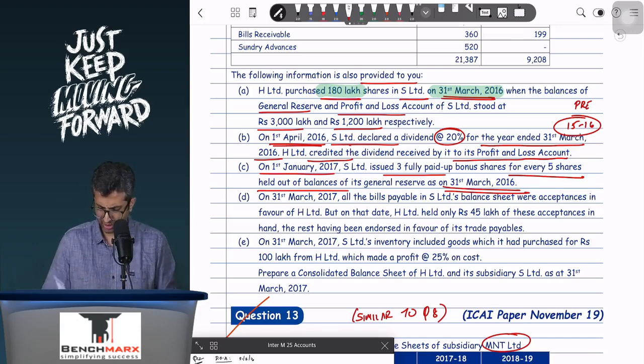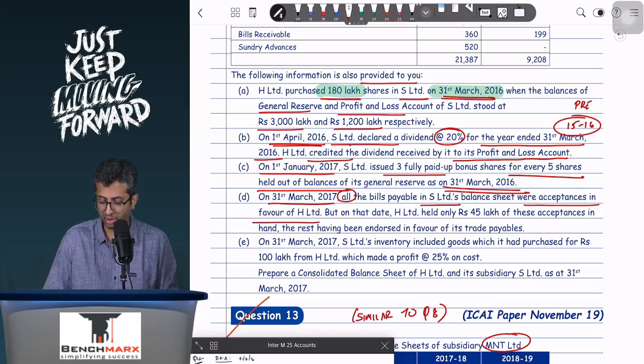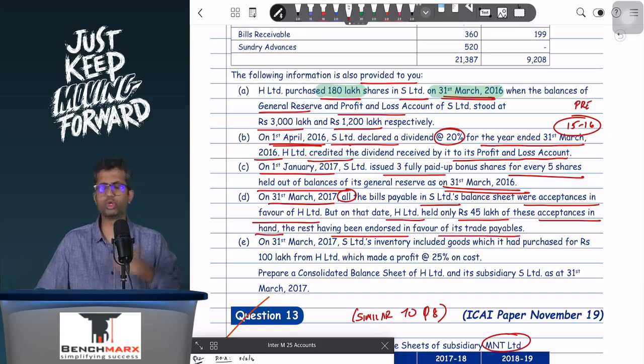Now on 31st March 17, all bills payable in S's balance sheet were acceptances in favor of H. So all the bills that S had to pay were technically to H, but on that date, H had only 45 lakhs of these acceptances in hand, the rest having been endorsed in favor of trade payables. Do you understand bills endorsement? Where